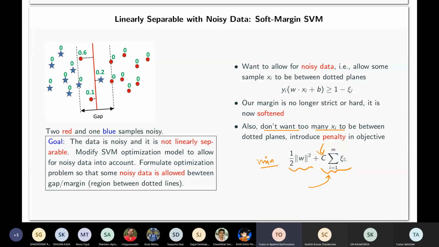So all the ξi will be forced to be 0 in that case if the C is very large. Okay, if the C is very large, then all the ξi will be forced to be 0. So there is a trade-off here. If C equals 0, then it boils down to only this term being left. If C is very high, then it will try to